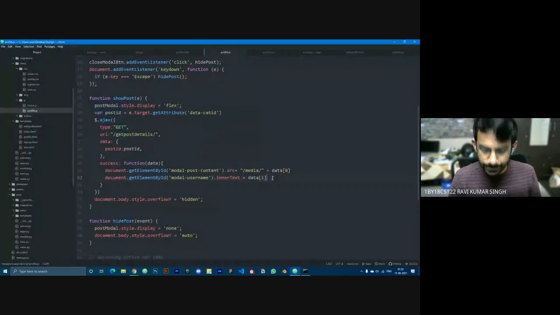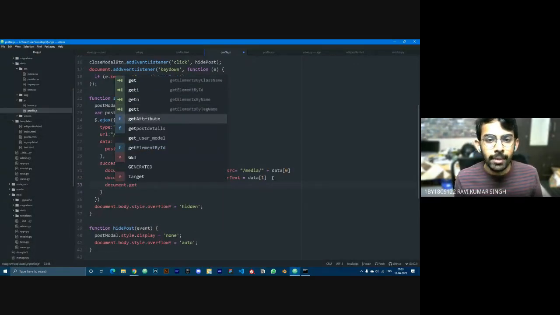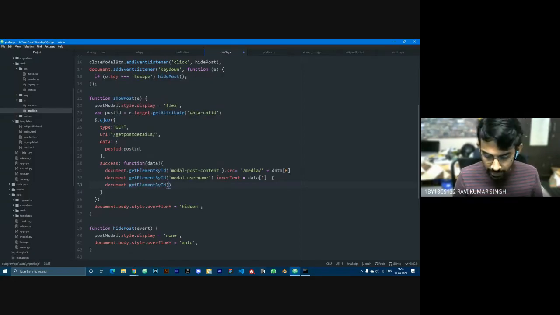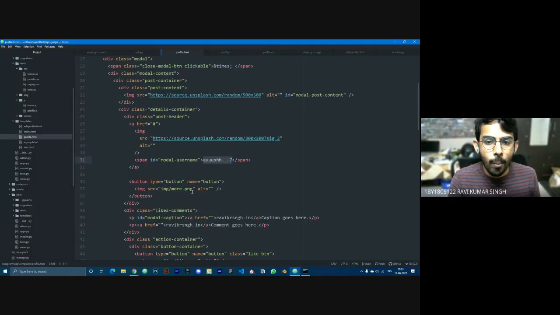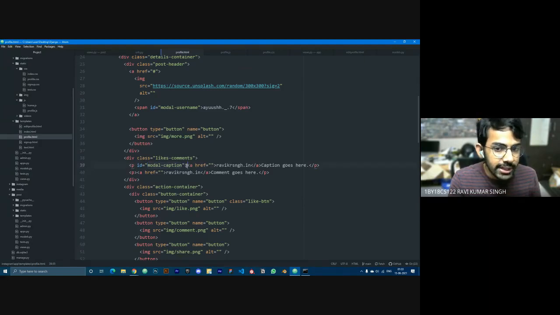Now what I'll do is document.getElementById, I'll have modal caption. I have this modal caption over here. Now if you see, if I want to change it, I have to change this whole thing, right? Inside this whole thing, I have this small HTML part, that is an anchor tag. So what I'll be doing here is